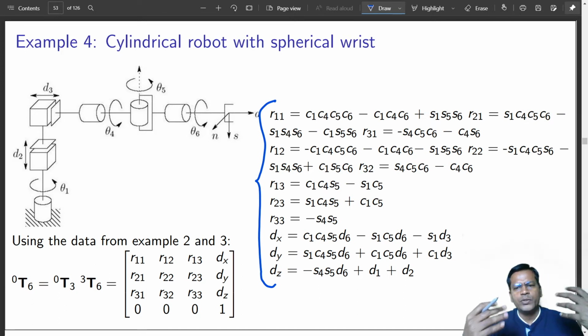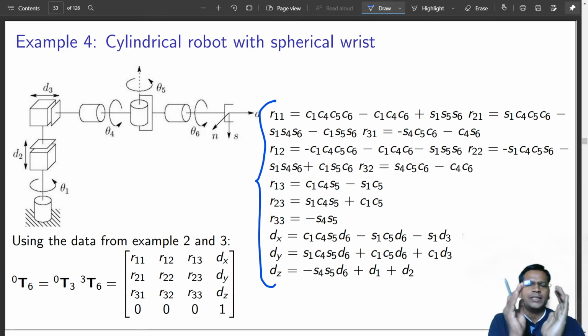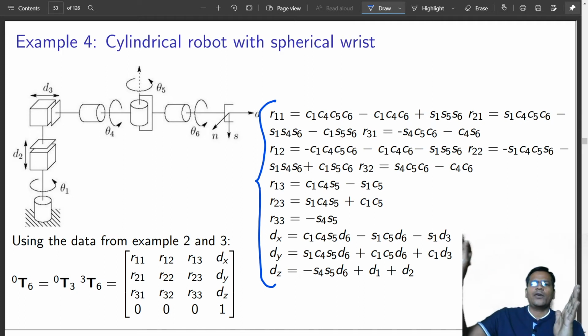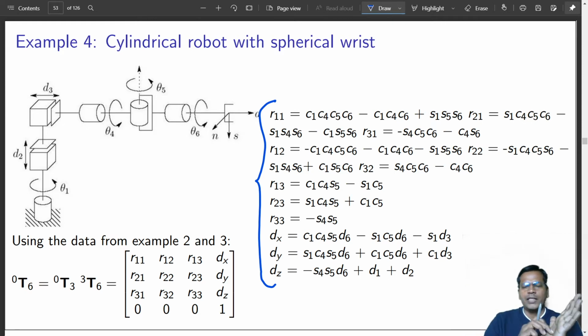If you have values, you can directly substitute values at each moment of your time cycle, as your robot progresses. So at each moment you know how much your theta is. You get a trajectory of theta 1, trajectory of theta 2, trajectory of theta 3. With respect to time, you know the plots of different joint angles. Put them for a time period and you will get the orientation and position at each and every time instant. This is how it is done. We'll do a few things practically.